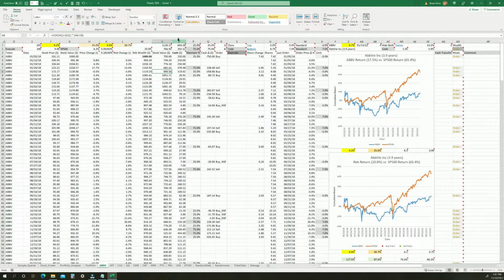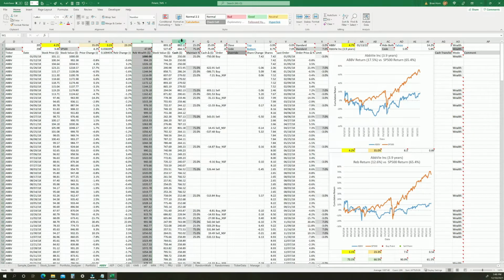And you can see here in the cash balance column that in this mode, cash can drop to extremely low levels, like here, dropping to almost zero. That's because every time you do a buy, you're using 75% of the available cash balance towards the purchase. So if you do enough buying, you will eventually draw it down close to zero. Whereas in the other mode, namely the wealth mode, your cash balance is never allowed to drop below 25% of total wealth. You see in this mode, cash never gets close to zero,